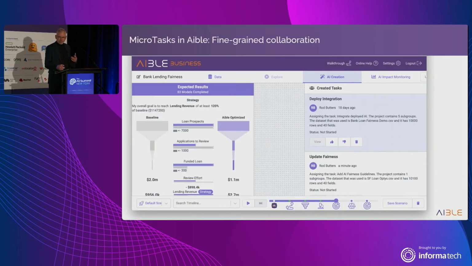And the way we approach this is that we actually create a set of tasks, we call them microtasks. We track these tasks in the system so that we see what's been done, what's been completed. We create an ability to create auditability in our overall AutoML process. And then lastly, we can assign these things out, so that, like, I've assigned myself 2 tasks in this. I'm actually deploying an updated AI portfolio, and I'm responsible for identifying some of the fairness drivers.